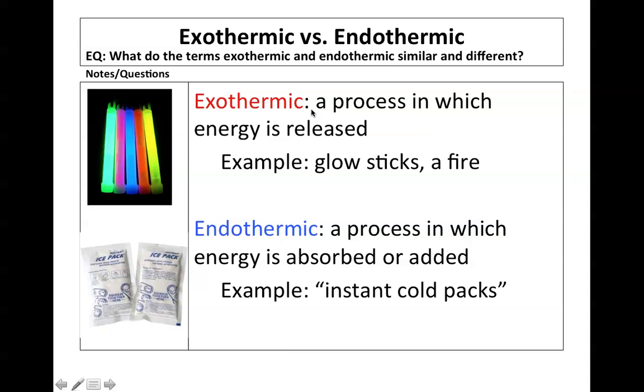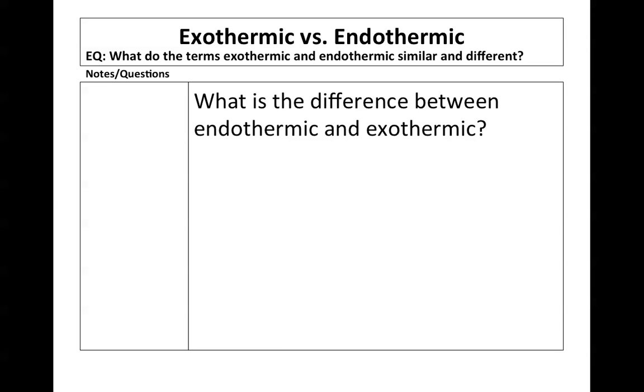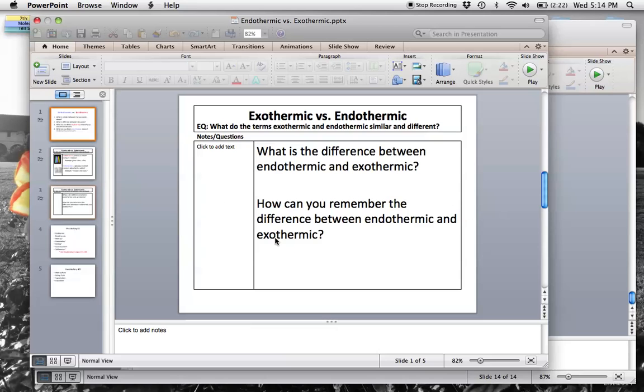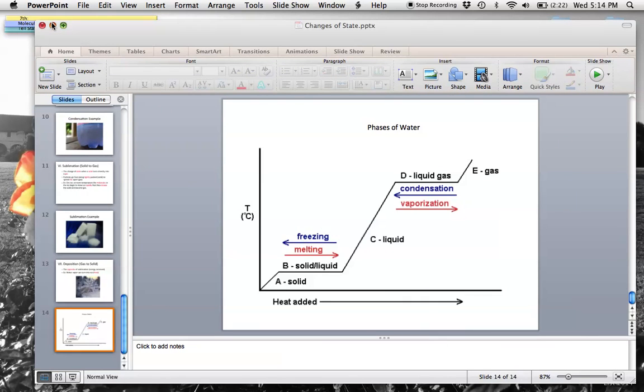So when we release energy and it's hot, it's exothermic. When we absorb energy from our outside environment and it feels cold, it's endothermic. Now, not always is it going to feel hot or cold. It has to do with energy exchange, but these are some helpful ways to remember it. All right, and these we will go over later, so I just want you to get those basic notes down, and then once you have these notes, you can go ahead and work on the classwork for the rest of the time,